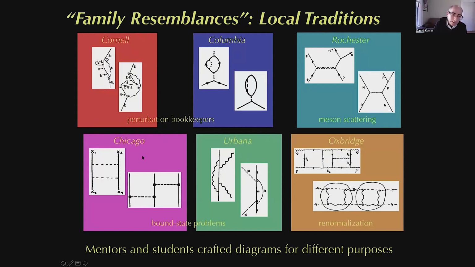These other people were applying the diagrams not to high energy physics, but to many body theory and what would become known as condensed matter physics. What happens when two things are near each other and keep trading the same two force-carrying particles over and over again? How do you add up that effect? That might be something like a bound state or some stable system. A different kind of challenge they were working toward. So you can start seeing the local variation and who's using the diagrams toward what ends.